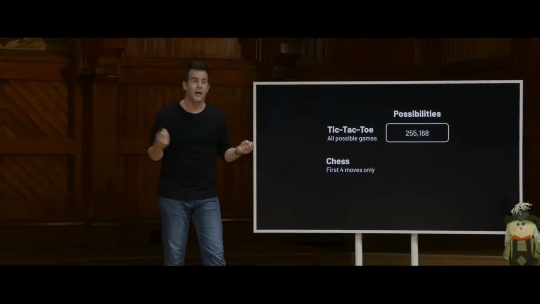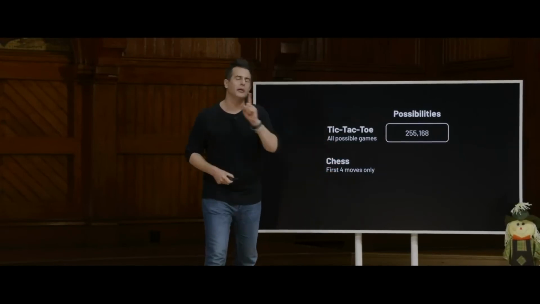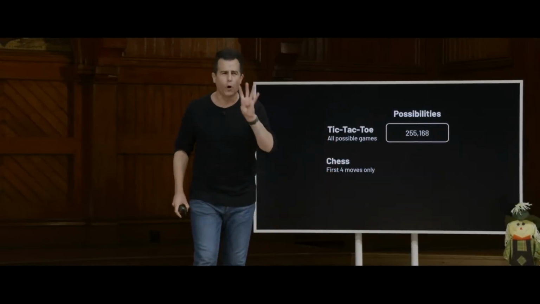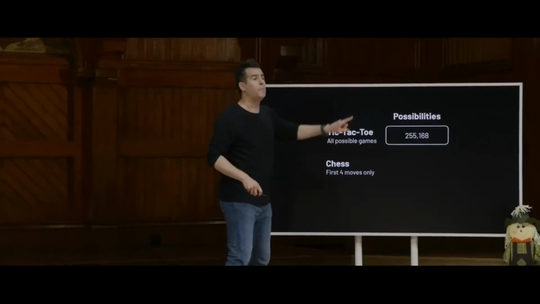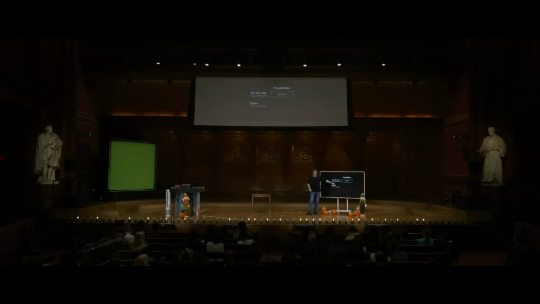And the games that you and I might play as we get older include maybe chess. And if you think about chess with only the first 4 moves, back and forth 4 times, so only 4 moves, that's not even a very long game. Anyone want to ballpark how many different ways there are to begin a game of chess with 4 moves back and forth?